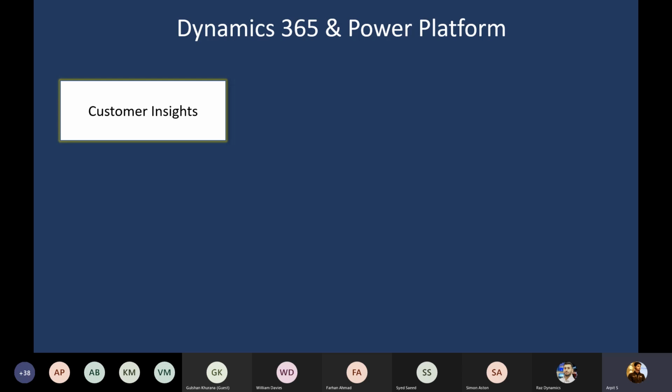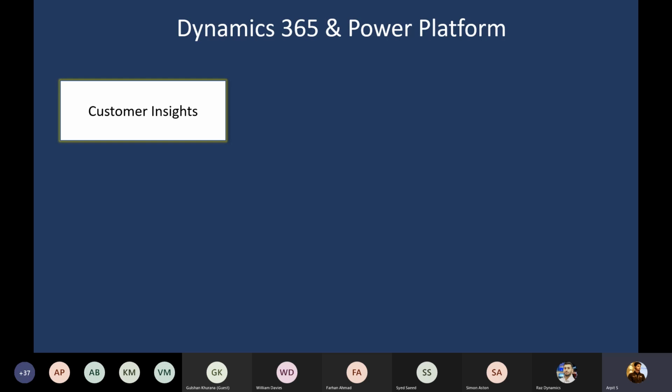Now, this customer information may be scattered in different systems. So it is very necessary that the call center agent has a 360-degree view of the information. Customer Insight is basically the feature in Dynamics 365 that provides the holistic view of the customer.